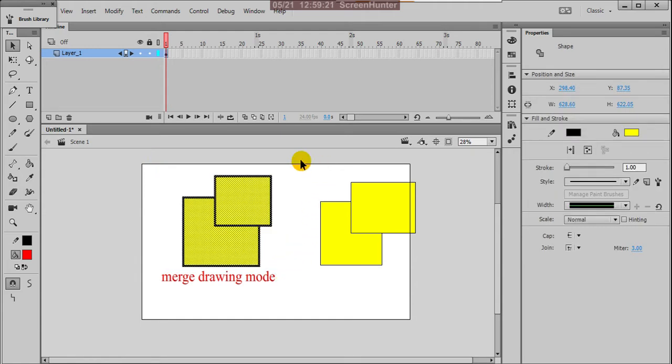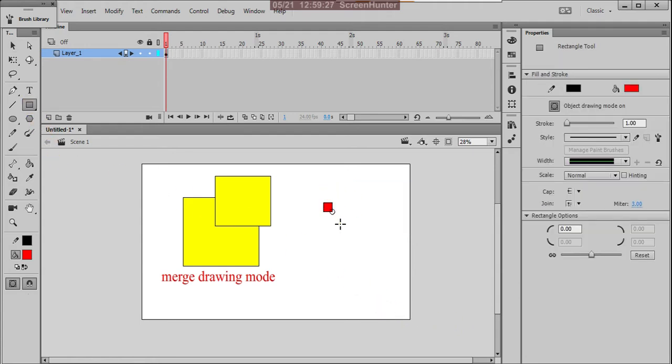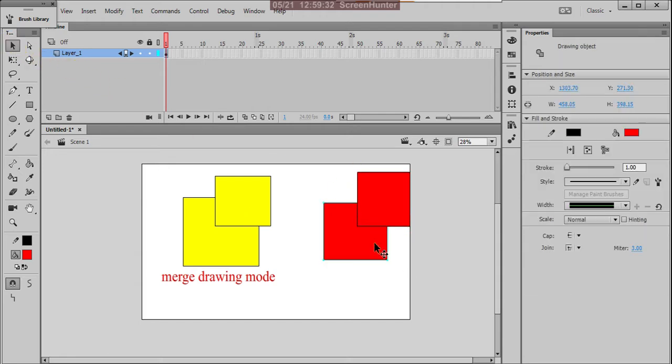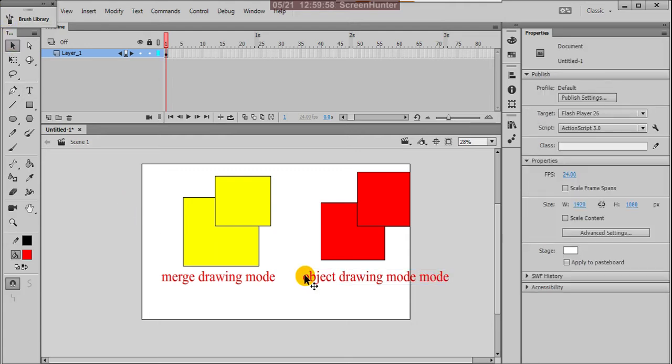Here I'll change these colors. It is in object drawing mode. Object drawing mode, two different modes.